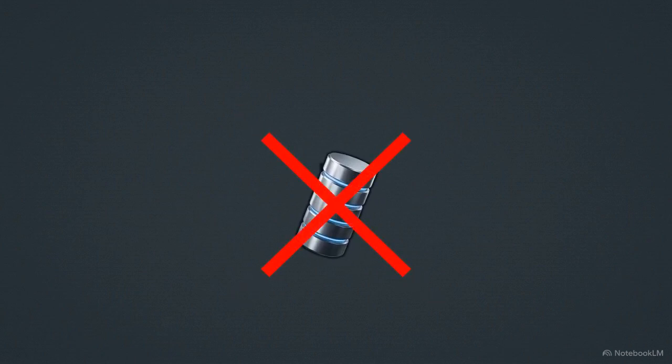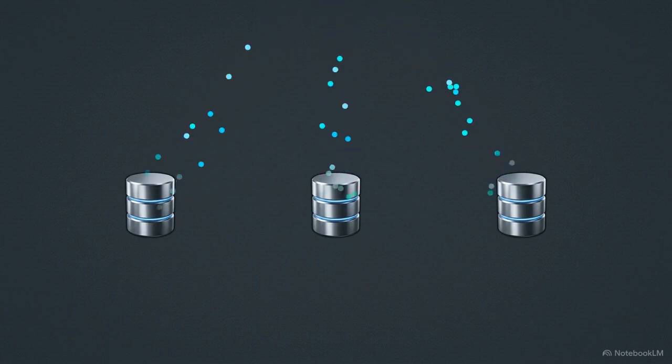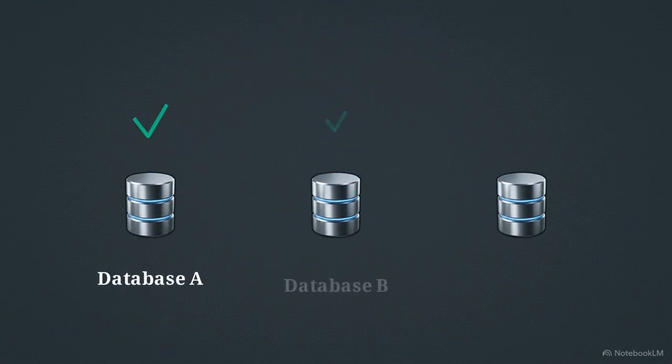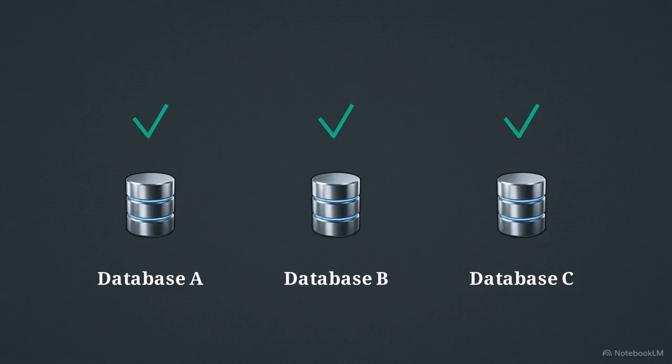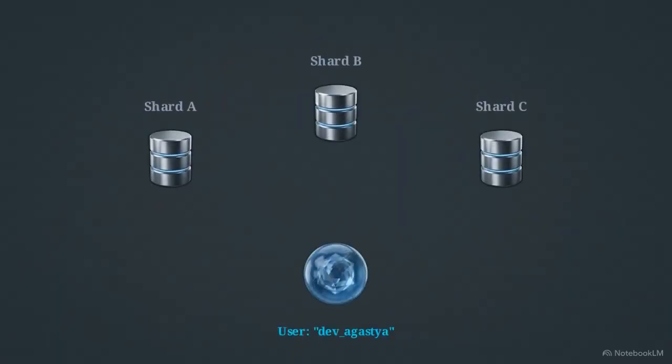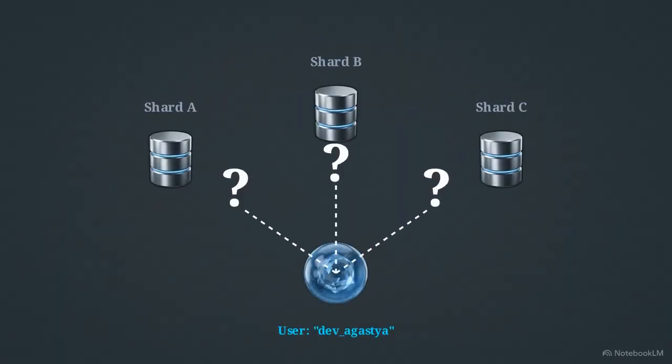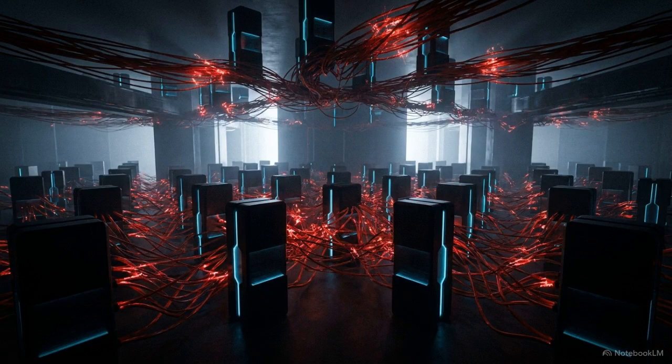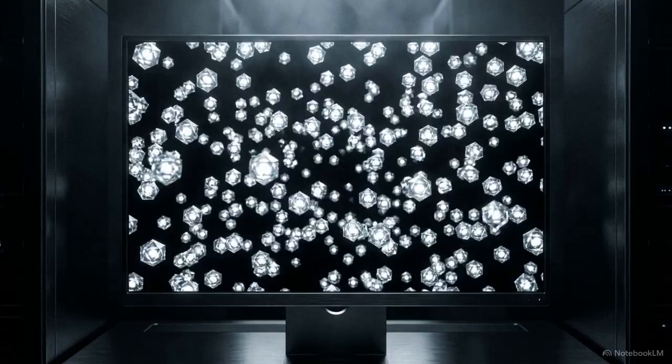Instead of relying on one monolithic database, millions of user records are split across parallel shards: database A, database B, database C. But this creates an immediate vacuum. When a single user's request arrives at the data center, how does the system know exactly which isolated shard holds their data without wasting time guessing? Splitting the data solves the physical storage limits, but it creates a massive coordination overhead, a system that knows the data exists but has no reliable way to identify which shard holds it.